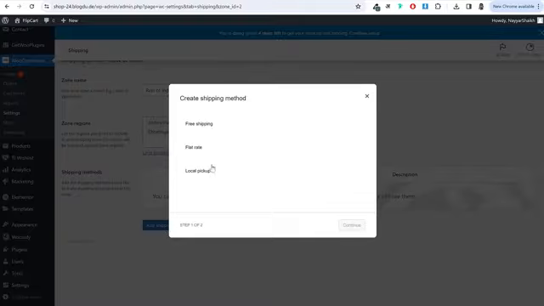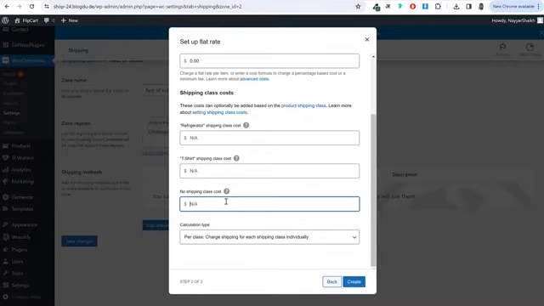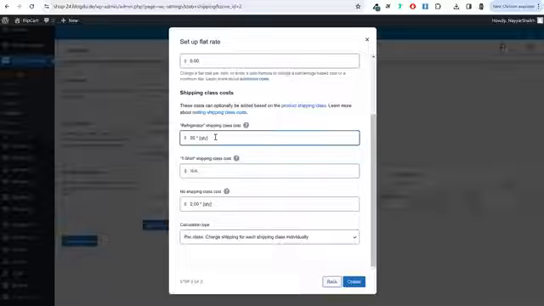Again, click on add shipping method, flat rate, continue. Again, under cost, let it be 0. Now go to no shipping cost. If somebody is purchasing from outside Maharashtra and I have not selected any shipping class, then I want the default rate to be $2. And for the refrigerator, if somebody is purchasing from outside Maharashtra, from some other state or country, I want to charge them